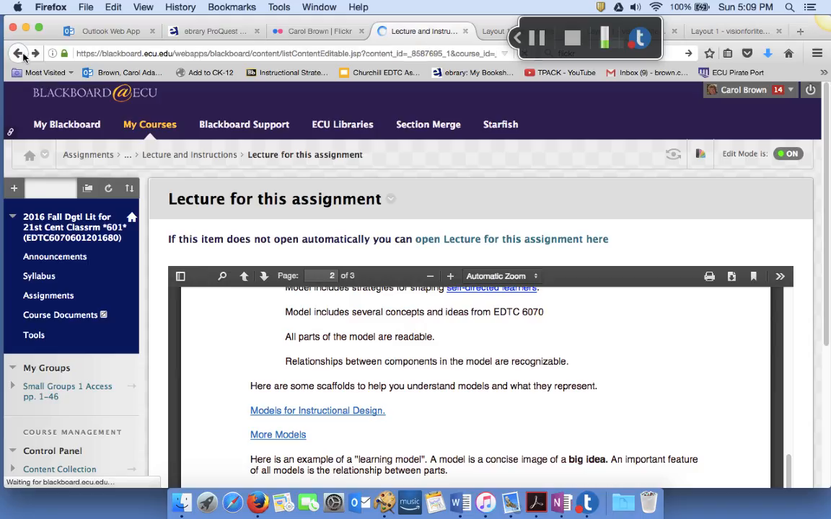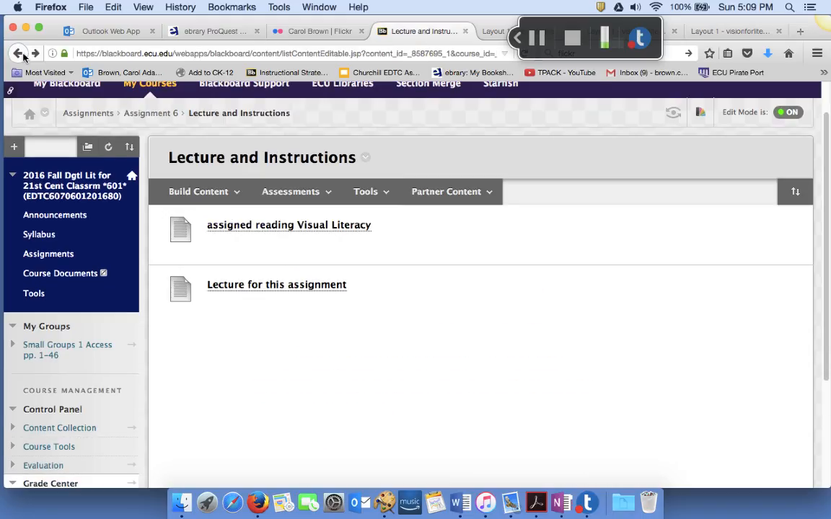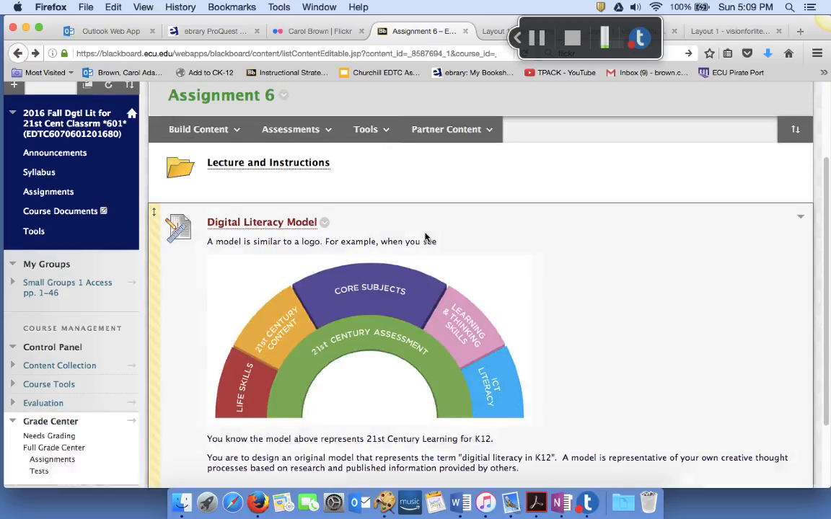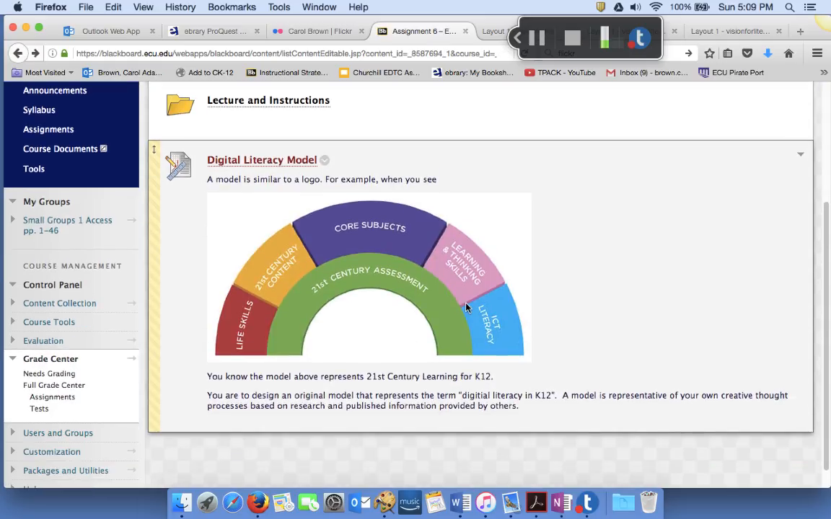So just those two things to read and any linked information. Now if I go back to the main folder, here's another model that represents 21st century skills. Just an example of what a model might be designed. If I go into the Dropbox,